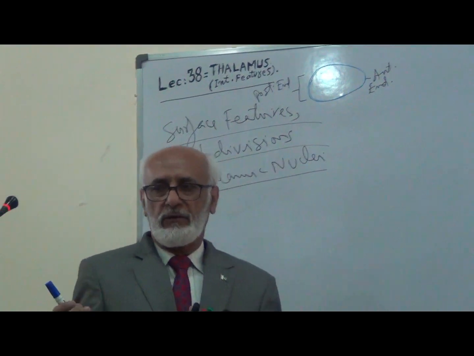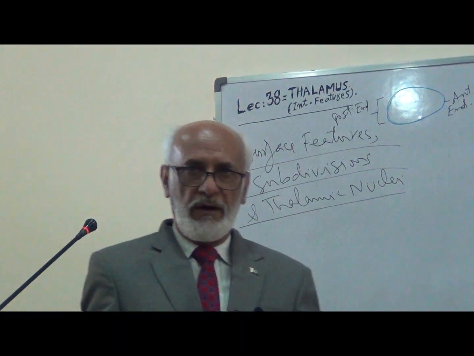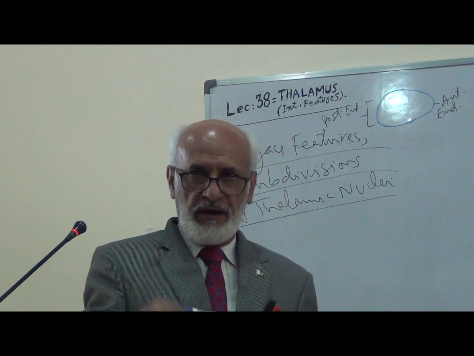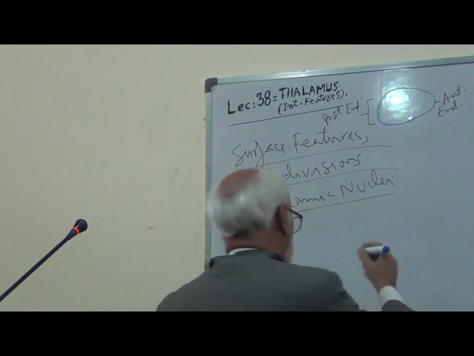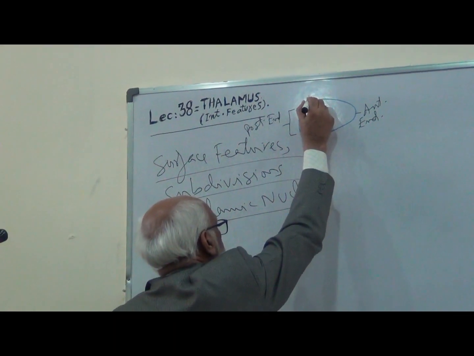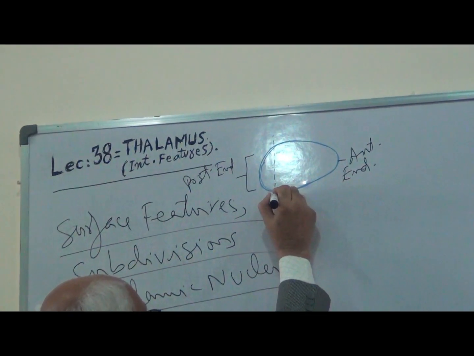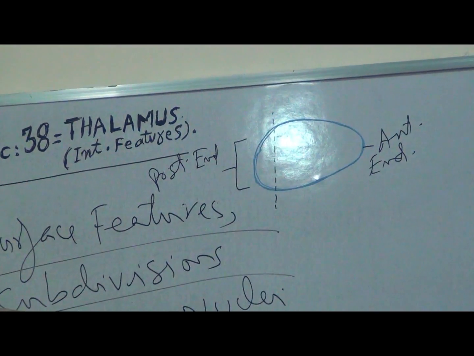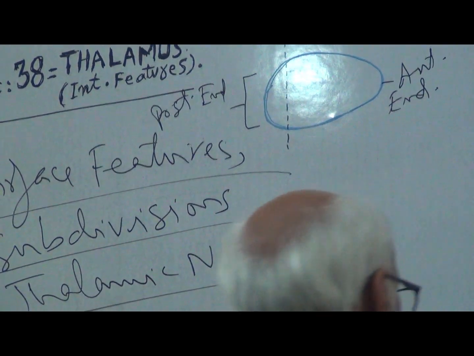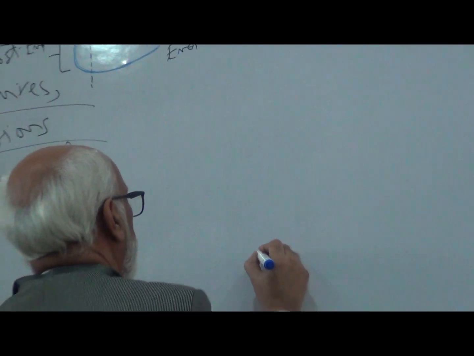Now, if you want to study the surface features and also internal features of thalamus, we have to look inside. For that, for example, we give a cut, a vertical section close to the posterior end. At this level, when we cut the thalamus, what will be its internal features? Suppose